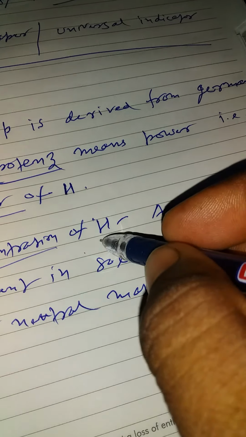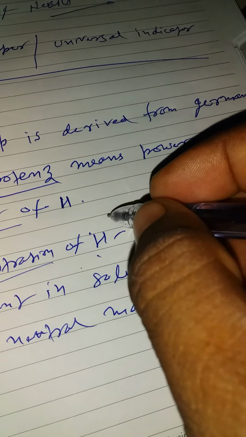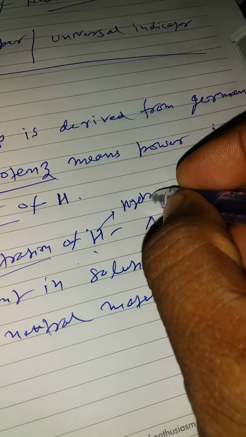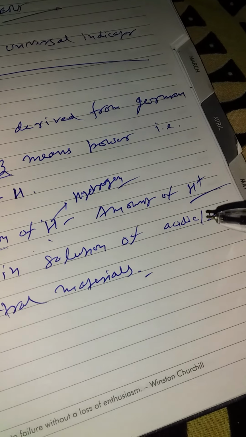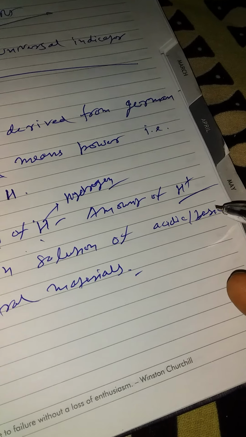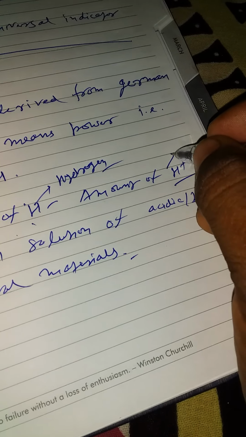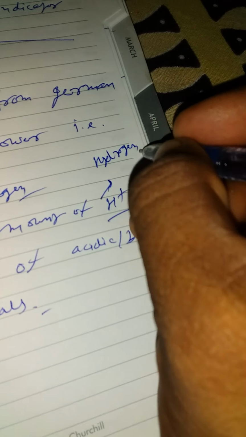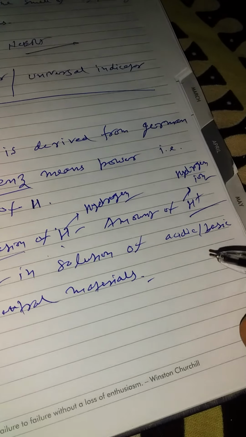H stands for hydrogen, and in solution form it dissociates into H plus and OH minus. This is the hydrogen ion. So pH paper